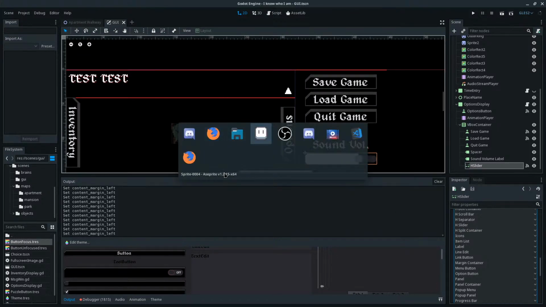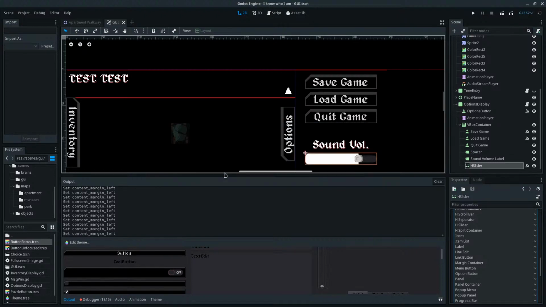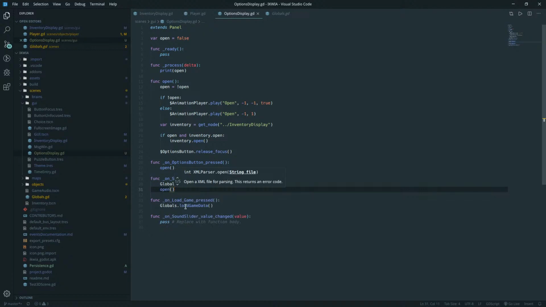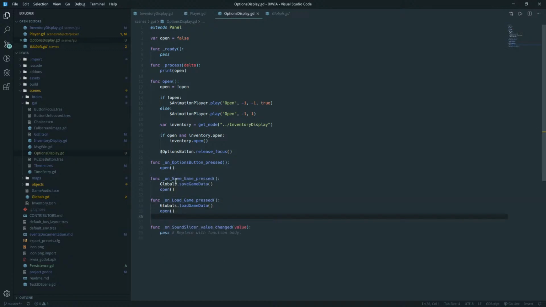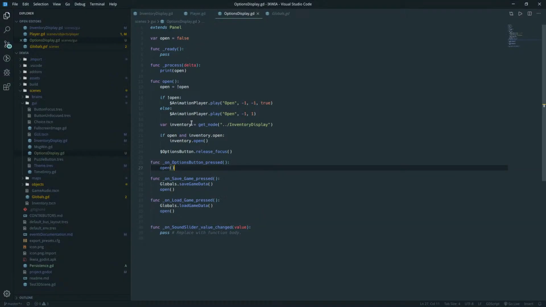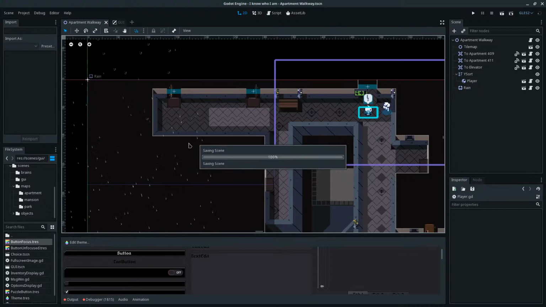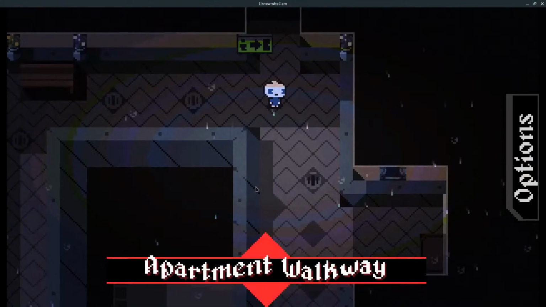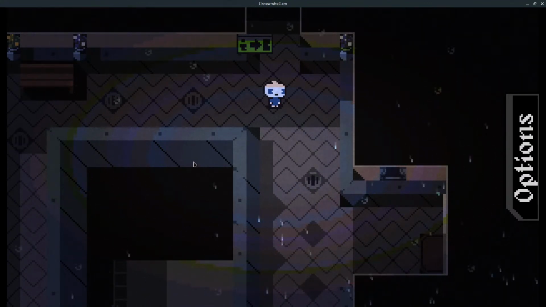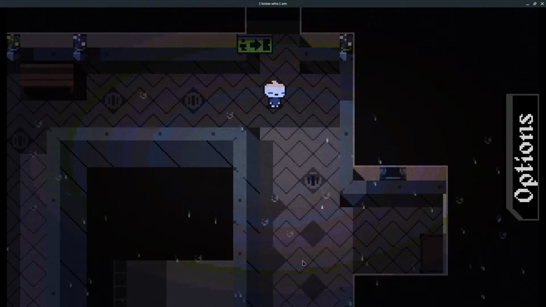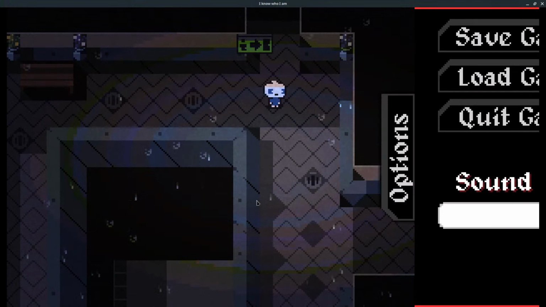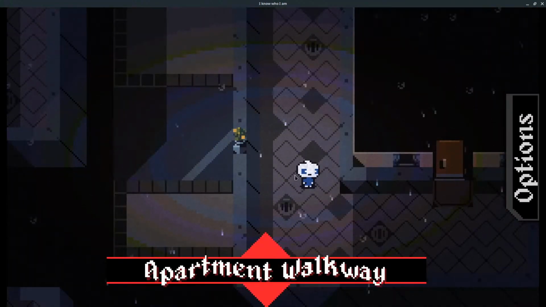But there's a couple things I'd like to do before I do anything else, and that is to make it so that this closes after saving or loading. And then it might be good to make this basically a message system, so that the location can display there, but then also when you load a game, it can say game loaded, or when you save a game, it can say game saved.